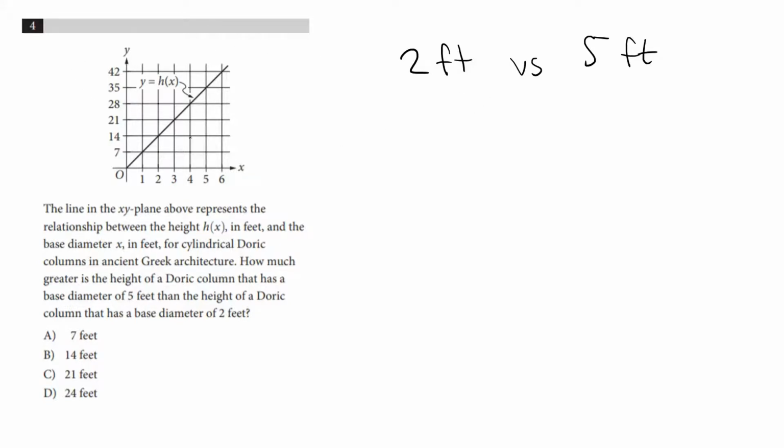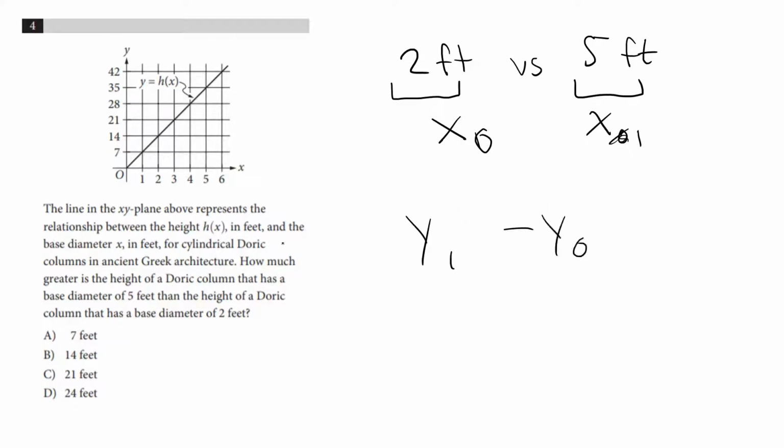So instead, let's just view this as a more simple linear equation problem. So these are the inputs, these are the x's, right? And we're looking for the difference between their y's, right? So let's call this x1, let's call this x0. Actually, let's call this x0 and call this x1, right? So we want to find the difference between y1 minus y0. This is really easy to do. So we see that this is